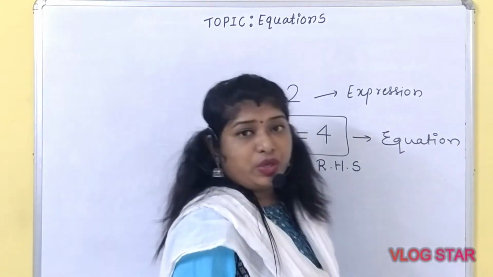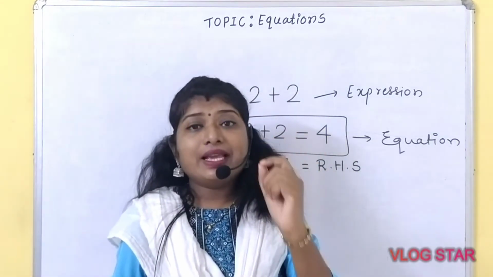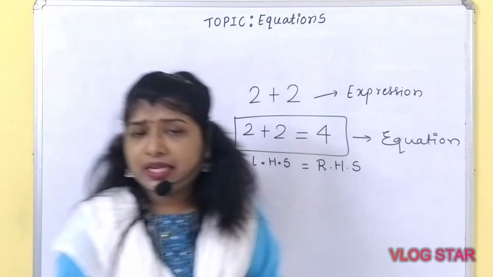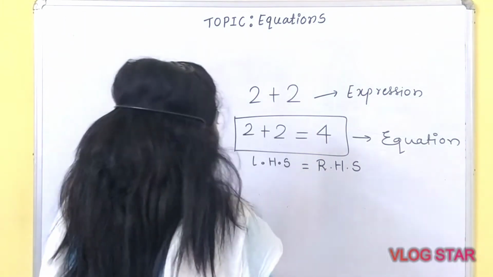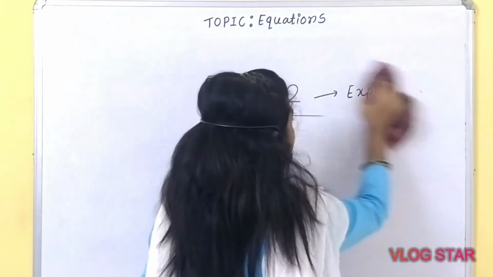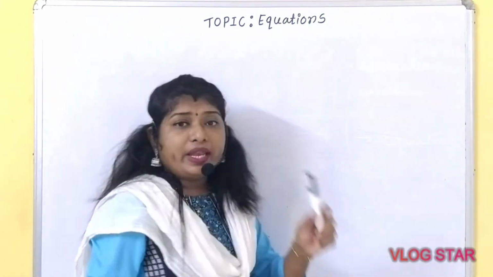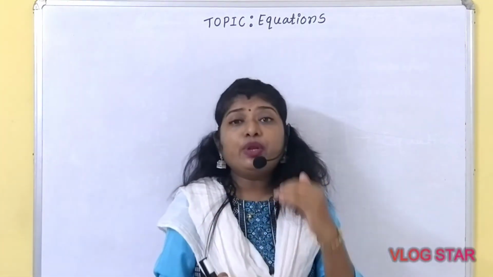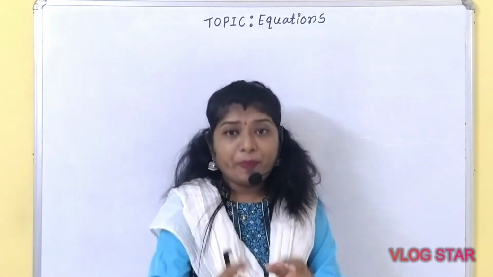In today's video, we are going to talk about two important cases related to the equation. So what is basically case 1? To understand the first case, before proceeding further, you should know the variable. What is a variable? A variable is nothing but an unknown value. We need to calculate that value with the help of a few operations.